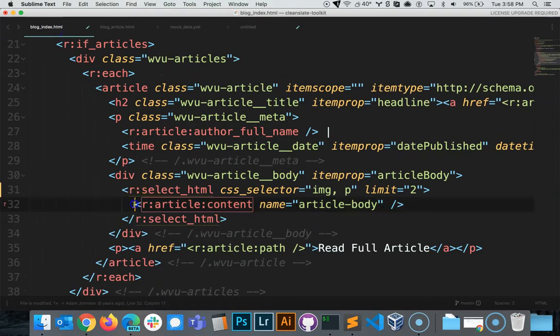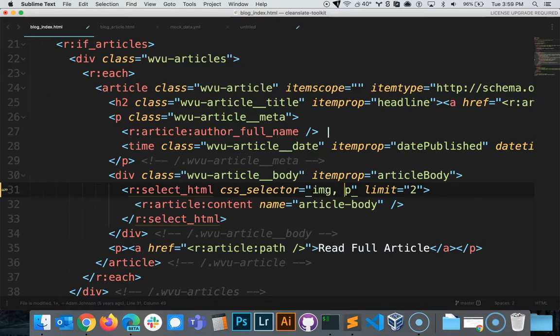So we are trying to select the content inside of the article body editable region, and then we are limiting what we're selecting there to 2 of these. So either 1 image and 1 paragraph, or 2 images or 2 paragraphs, or vice versa. That is one way to do blog post thumbnails. That way is not exactly the most robust, because depending on the technical skill of your content editors, they might not wrap stuff in paragraph tags, or they might not insert an image. It just depends on who is uploading and editing the site.